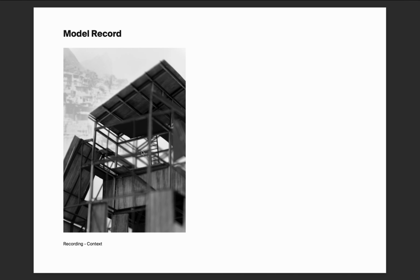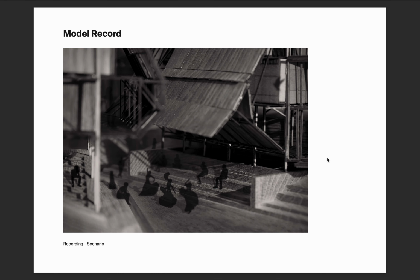And also, taking a photo of your model and Photoshopping the context images surrounding it can immediately transform your physical model into a kind of real scenario situation. So it becomes another idea that you can use the recording of your physical model as part of your rendering or perspective representations. In this one especially, what I did was to just Photoshop human figures on the